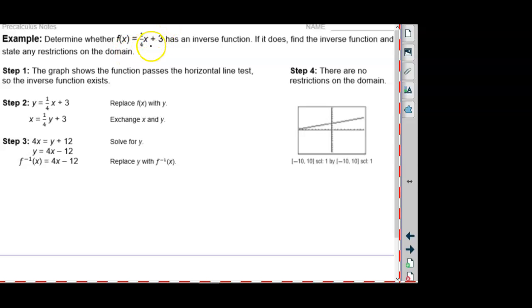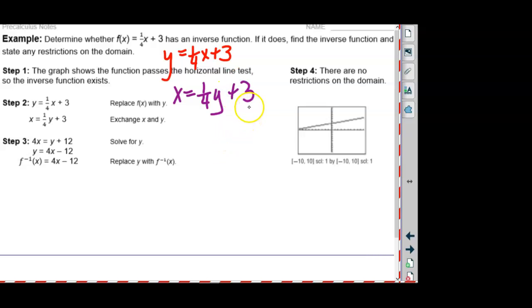So you can just watch on this one. This one says right now, y equals 1/4 x plus 3. Okay, that's a line, so I'm pretty confident that it passes the vertical line test there and the horizontal line test, right? What you would do to find the inverse is you switch the x and the y,